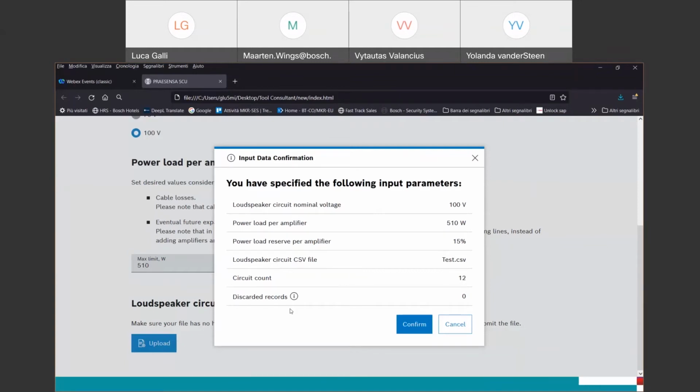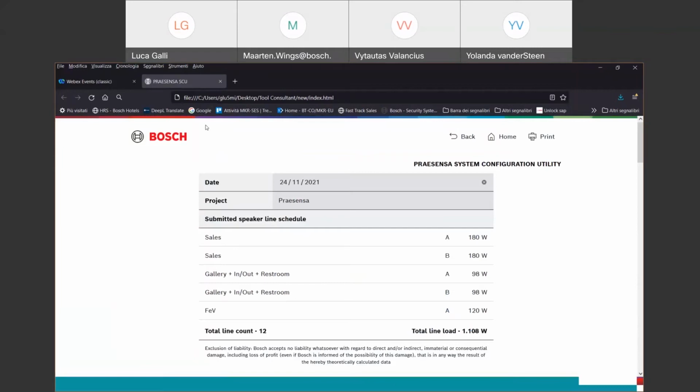What does it mean, discarded records? If the system finds empty records, or records without specified line IDs, or without specified loads, or with zero loads, automatically it discards these records. Why? Because sometimes there are Excel files in a standard version with several rows that are not filled. And in this case, automatically the system discards the not relevant rows. Well, if everything is okay, I can simply click on confirm,